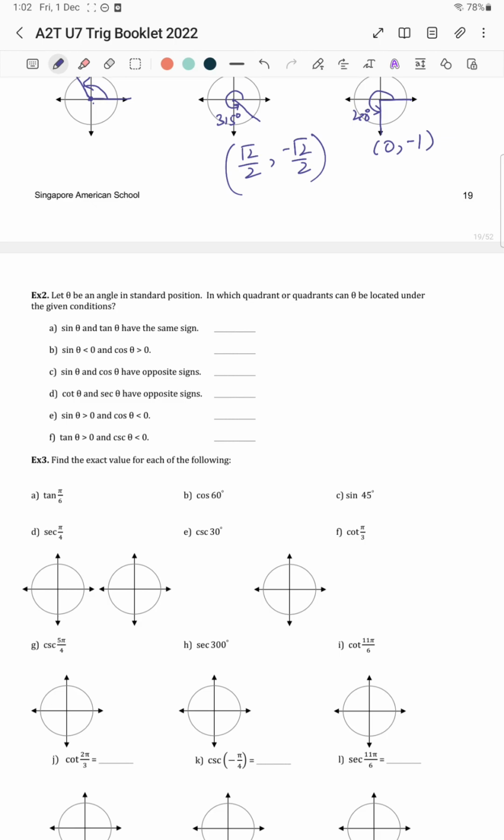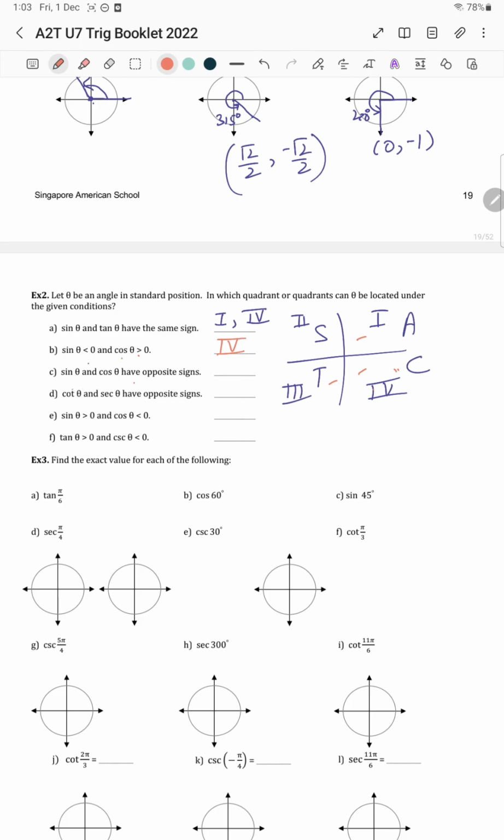Let theta be an angle in the standard position. In which quadrant or quadrants can theta be located under the given conditions? Sin theta and tan theta have same sign. Sin theta less than 0 यानी कि negative होगा, और cos, अब देखो sine theta negative कहाँ पे है, यहाँ यहाँ यहाँ। Cos theta positive कहाँ पे है, यहाँ, तो fourth आएगा।